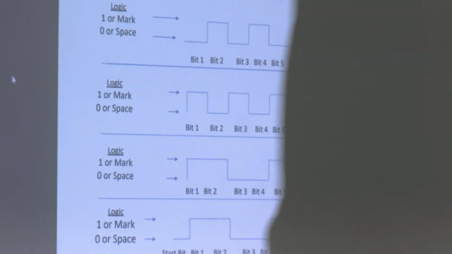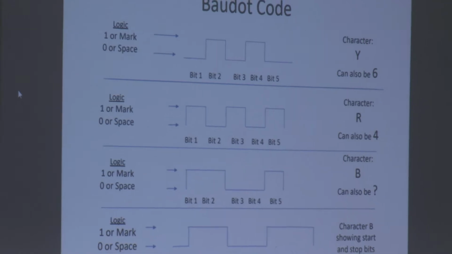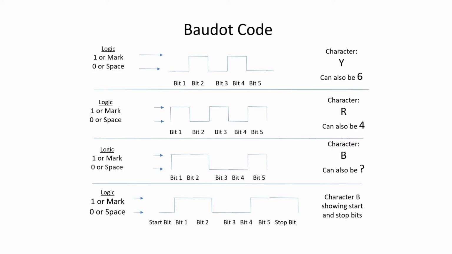So let's just quickly talk about, we're going to talk about diddling in a minute at the end of this, so you can look forward to that. So the Baudot code is very simple. It's basically